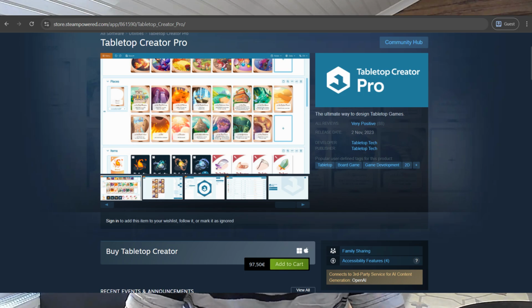So definitely, if you're using Dextros much and have many projects going on, you might want to take this paid plan. Then again, Tabletop Creator Pro is more of a pay once, use forever model. Currently, I think its price on Steam is something like 97 and something euros.